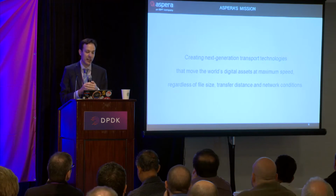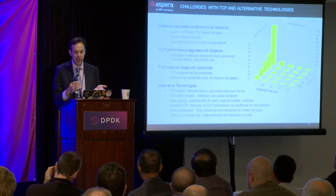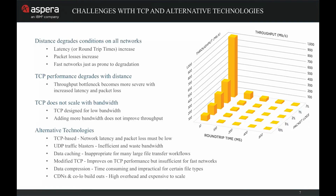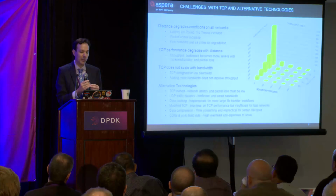It fits in with the goals of Aspera, which is to build the fastest network protocols that take data anywhere in the world at maximum speed. So what does that mean? It really sounds kind of cheesy, but to just give you a little background on what Aspera is, what the problem is we're trying to solve. If you looked at normal network technologies, for instance, TCP, it's limited by round-trip time and packet loss, and that's a function of the sliding window, the window size that you have, and how it does the acknowledgement. So as your round-trip time increases or your packet loss increases, your maximum throughput is going to decrease. There's a number of solutions to try to get around that bottleneck. It's beyond the scope to talk about all the alternative solutions. The main points to talk about with our technology is that